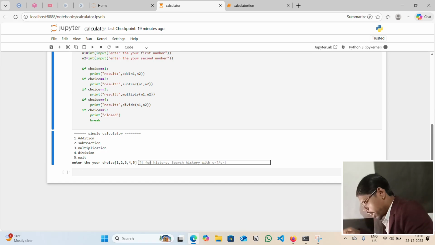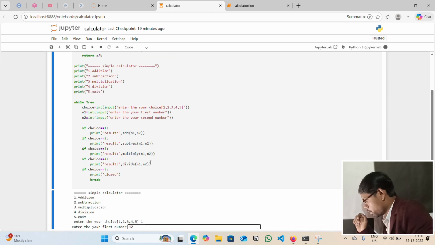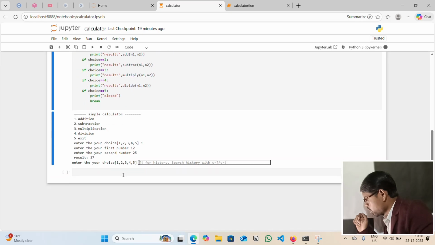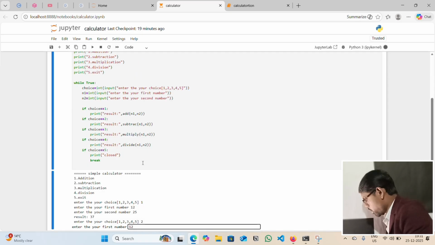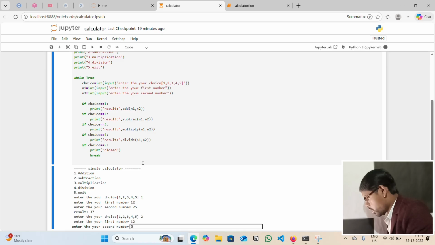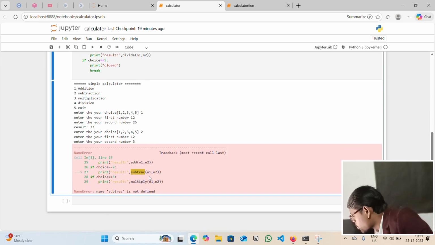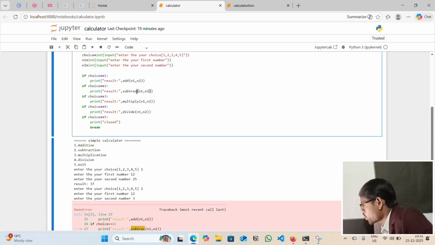Enter your first choice. Choice is addition. Two numbers, 12 and 25, which add resulted in 37. Yes, right. Next, choice 2 is subtraction.